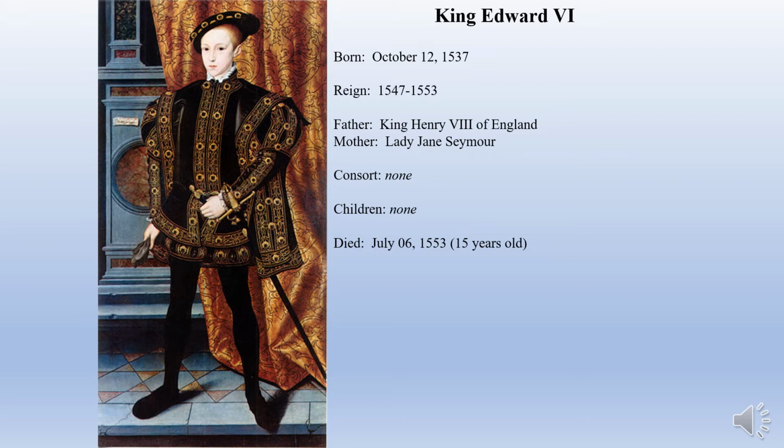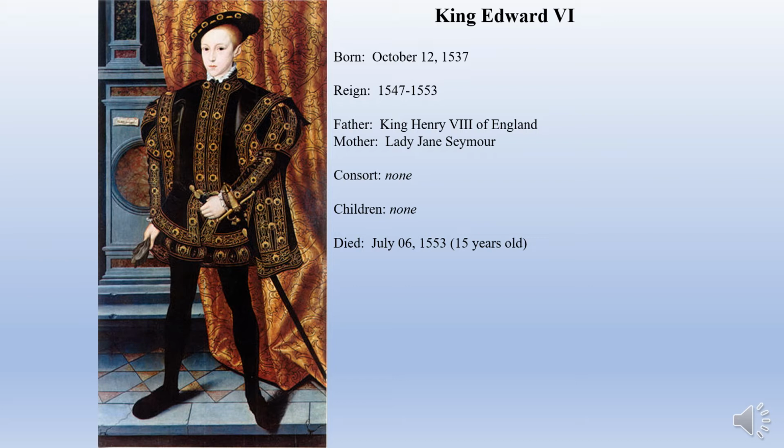His father was Henry VIII, and his mother was Jane Seymour. Now, what Edward VI is going to do during his period of time is not much. He is going to essentially grow up, and it's the regents that Henry VIII left in charge, the Seymour family, that are going to be the ones that are running England. He would have, by the way, come into his majority when he turned 16, so he was just a few months off from ruling in his own right.